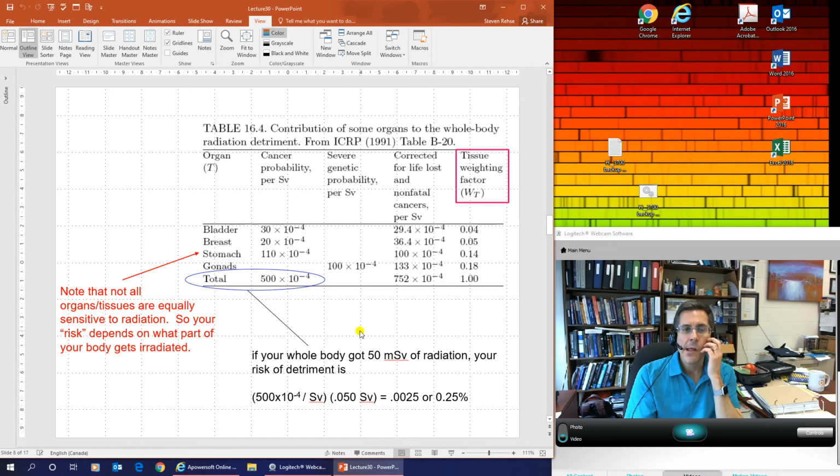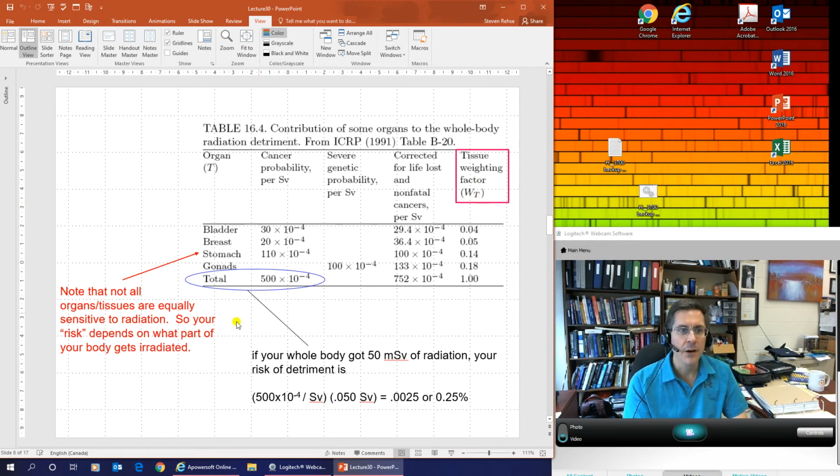Okay. The next thing is, this is if your whole body got irradiated walking through the power plant. What if you're just getting an X-ray or a CT and they're just irradiating one part of your body? Could you not take more radiation? And in fact, you could. All right. So this gives rise to the idea of the tissue weighting factor,